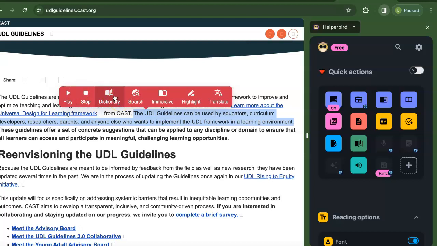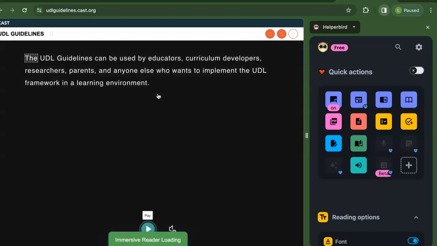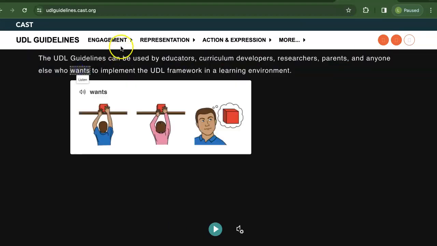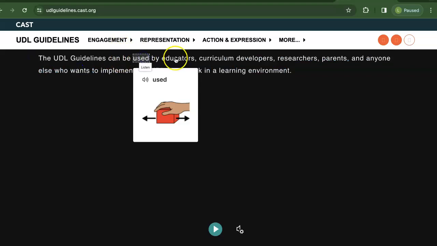The dictionary I'm not going to click on because you can only use that for Pro. It obviously allows you to look up difficult words. I want to focus on the immersive. This is a really, really cool tool. So with UDL immersive, obviously we can play it. I'm going to X out of this really quickly. So as you can see,